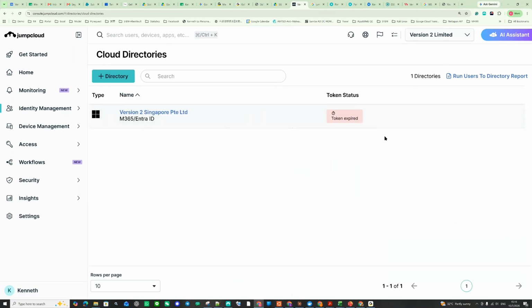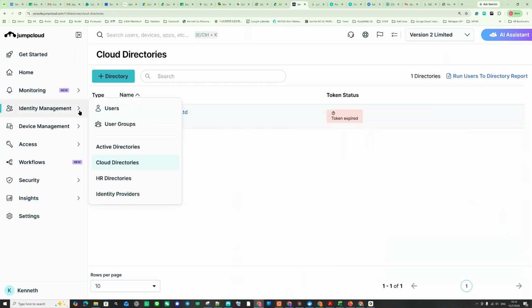So this is an Entra ID token expiry. Anyway, you can add your AD or your cloud directory, or even integrate with your HR system. So there will be an HR directory or any other identity providers. So you may have some IDP solutions. We also can integrate them.